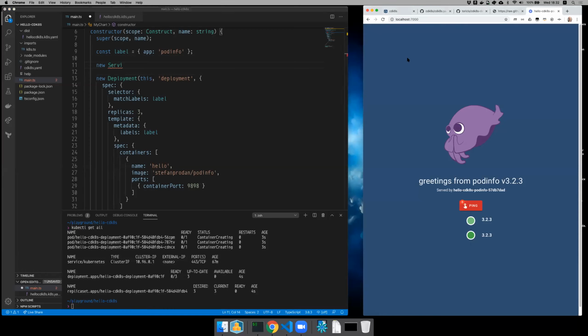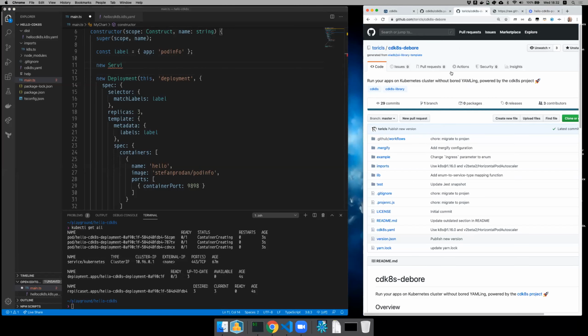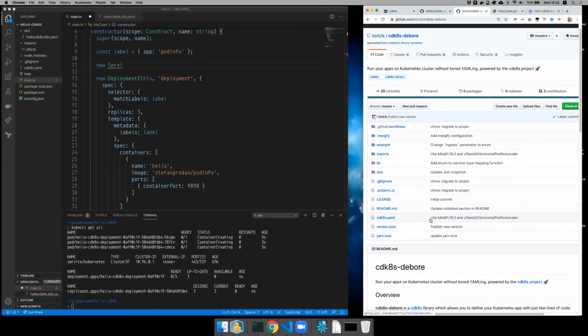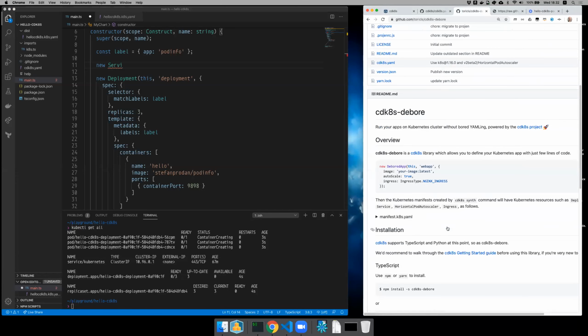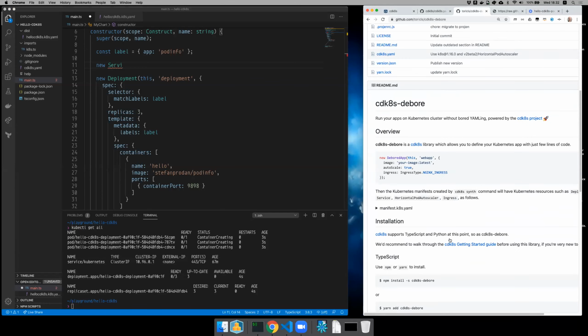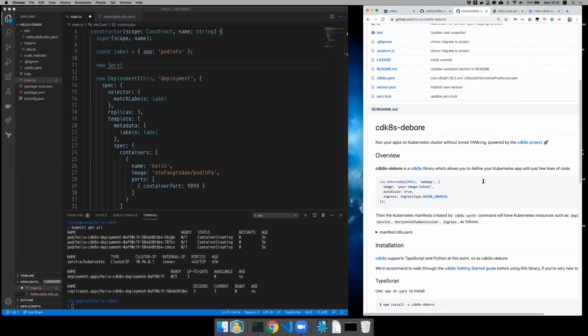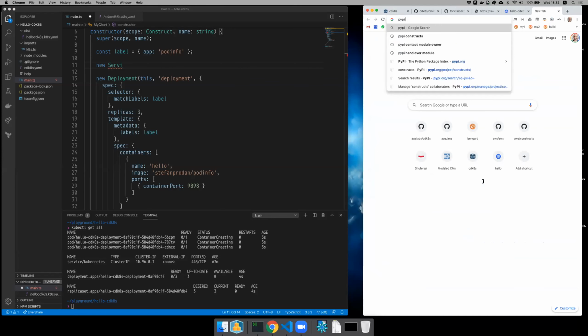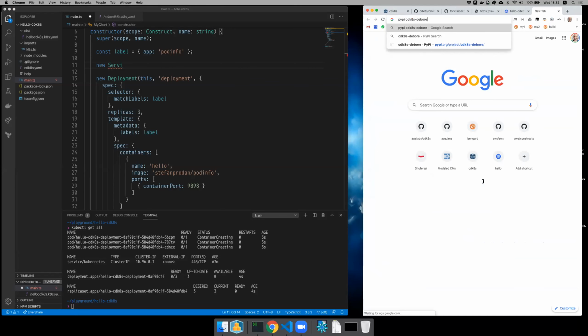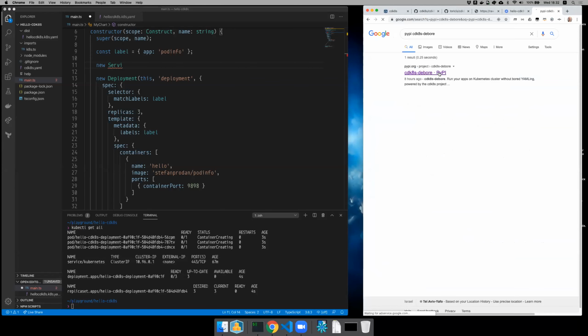And so I want to show you this library that we've been working on with a developer advocate from AWS, Tori. It's called cdk8s-debore, because it's basically Kubernetes without the boring parts. And it's on GitHub. I just saw that it's actually published to NPM and Python. Yeah.